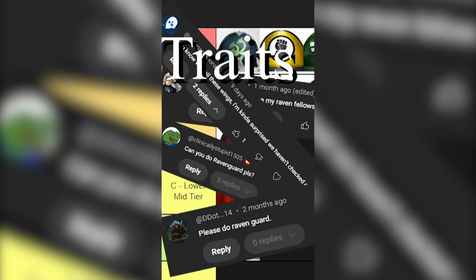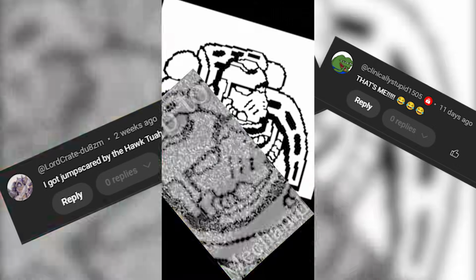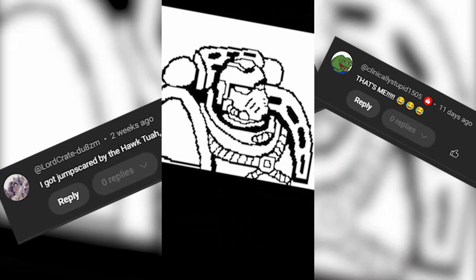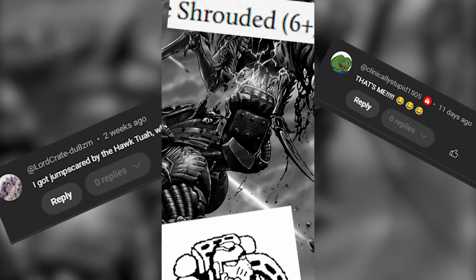Ranking all the Legion traits for Horus Heresy 2.0, Part 2 of Part 17. Here we go, it's the Raven Guard. My name is Mechanid, let's get started. This trait is great. See Part 1 for who gets what. First, Talons. My favourite trait, as this one grants a 6+ Shrouded save if any units with this rule are